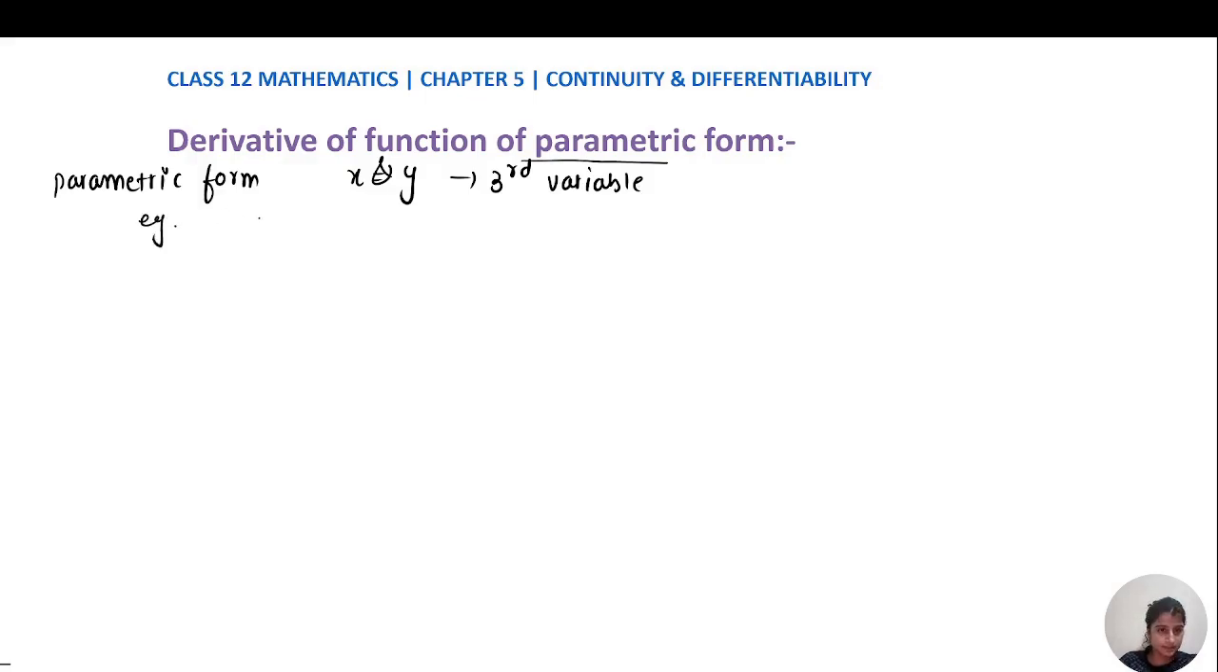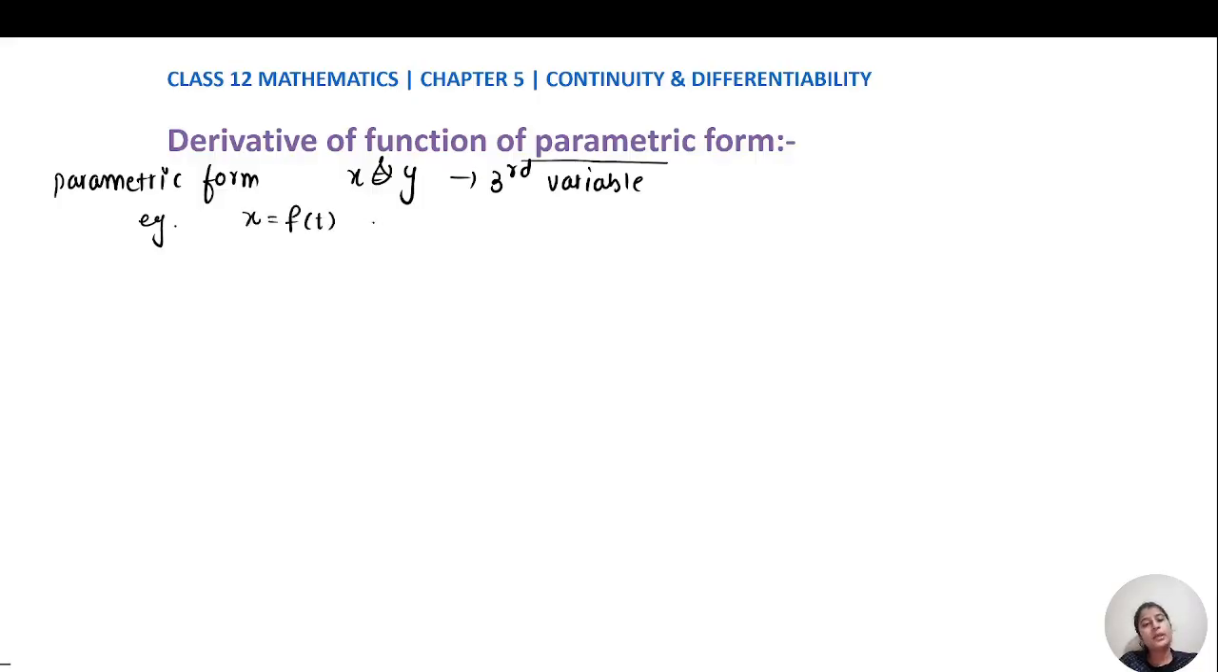This is the derivative of a function in parametric form. First of all, we see what parametric form is. What do you mean by parametric form? Suppose you have your function x and y completely in terms of a third variable, a third parameter. Then we say that our x and y functions are in their parametric form. Suppose, for example, my x is some f